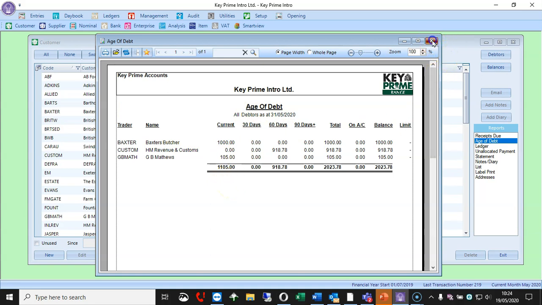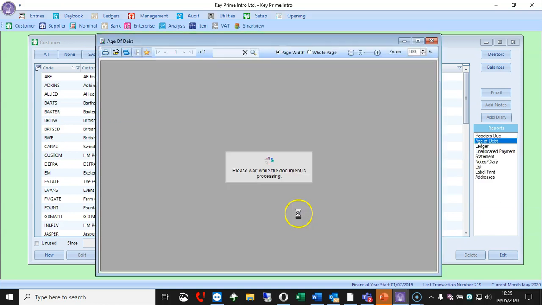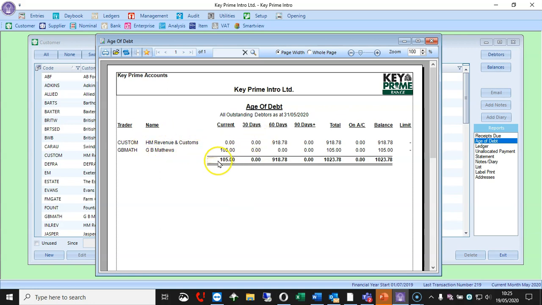Now there's another report here which we can use, which is to change this from leaving the dates the same but outstanding. So that's saying run the report as at that date, but as of today's date, who is still outstanding, so that you can then see that one of them has paid off subsequently, but this one still owes us the money.